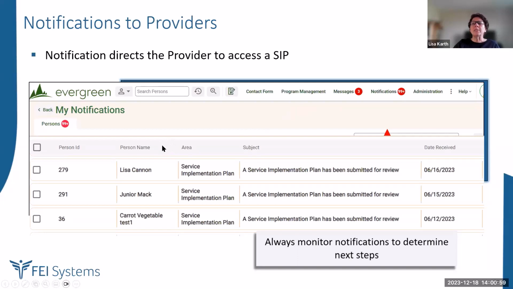Now, when it comes to the notification, the person's name will not be here, because right now you're going to get limited information, enough to help you complete the SIP, but you don't get all the information for privacy purposes. You've not yet been selected as the provider. Within this notification, you're going to click on the line item,